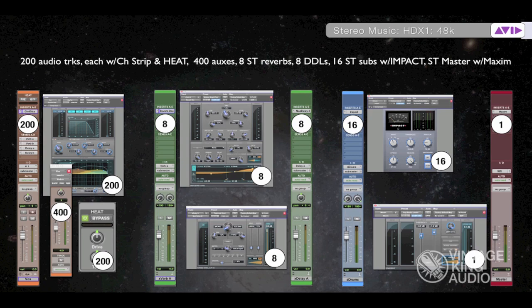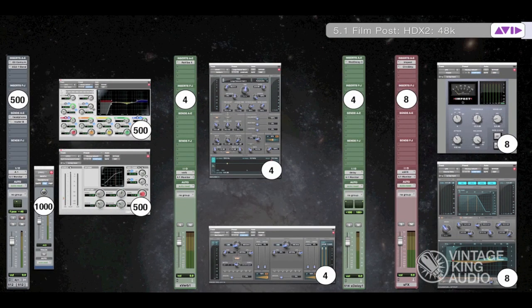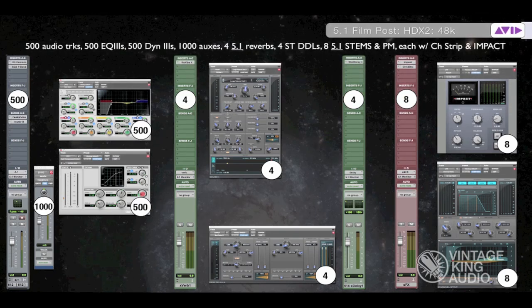So let's look at a 5.1 film post session. Let's give it an HDX2. So I've got 2 HDX cards at 48K, right? So film post, usually a lot of tracks. Let's just say 500 tracks. How about 500 audio tracks, each with EQ3 and Dyn3, so 500 each of those, 1,000 aux sends,